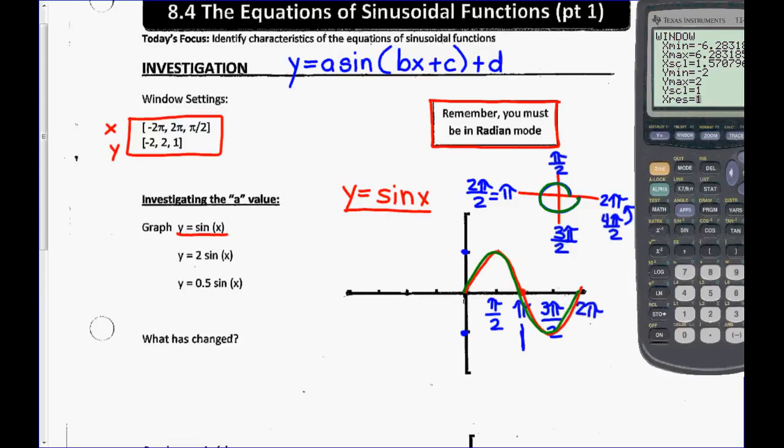However, like I said last day, sometimes we mess with that function a little bit, and we add a value in front that's multiplied by the sine function. Okay, that's the a value, and today we're going to investigate that a value. Sometimes we even add a b value, a c value, and a d value, and when we do that, it just changes those characteristics. It might change the period, it might change the maximum and minimum values,